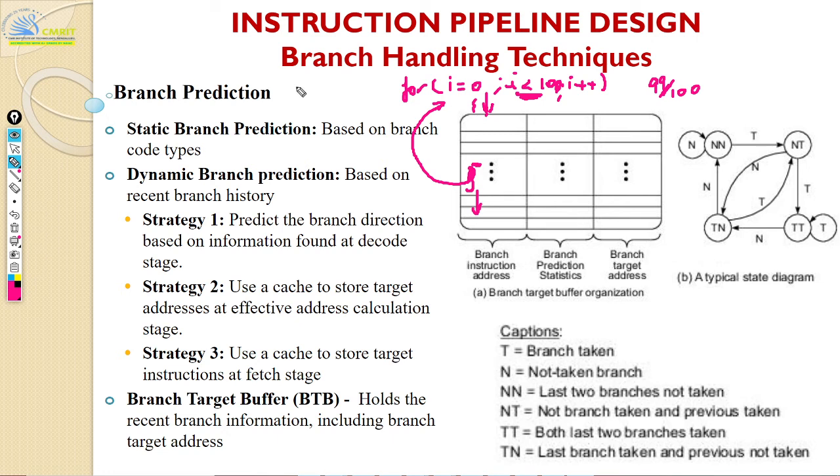Based on the structure of your code, you can say to some extent that you're going to branch. But it becomes a lot more complex when you have multiple conditions and nested for loops. When the code becomes complex, it becomes difficult for the compiler, so you need dynamic branch prediction. Also, it depends on your runtime data. Branch on 0, you don't know until you actually execute the previous instruction.